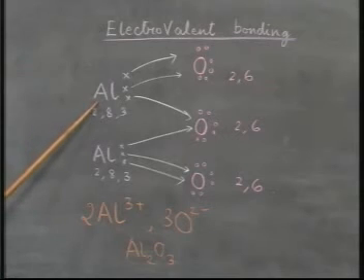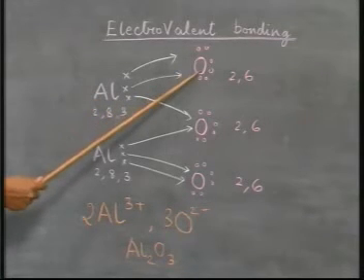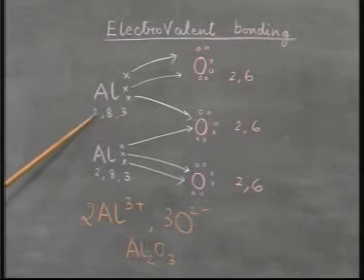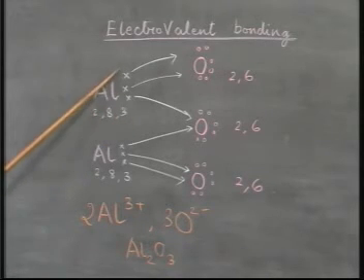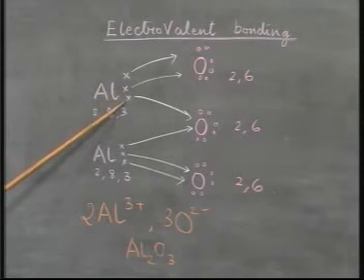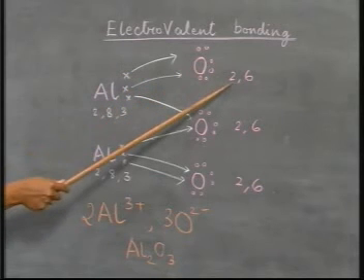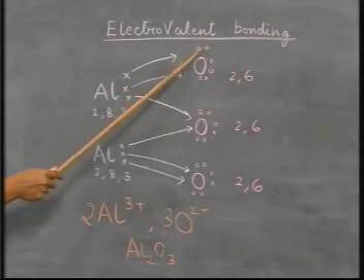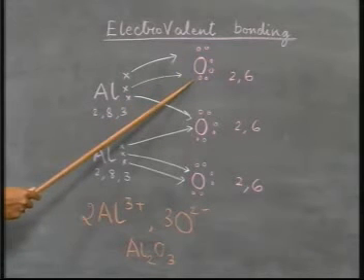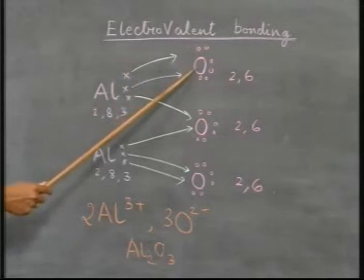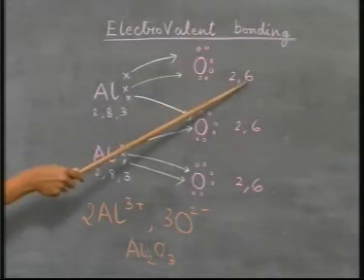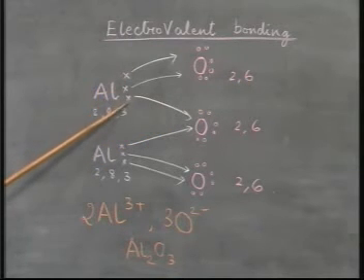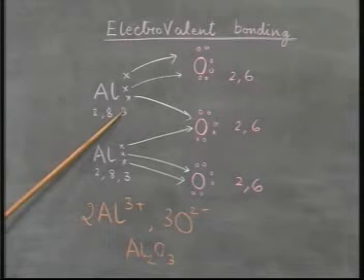Let us see how an aluminium atom would combine with an oxygen atom. Aluminium, having atomic number 13, has configuration 2, 8, 3 and therefore 3 electrons on the outermost shell. Oxygen, atomic number 8, has configuration 2, 6 and therefore 6 electrons on the outermost shell. Now, the oxygen atom is 2 short in order to complete an octet. Aluminium, on the other hand, wants to get rid of 3 electrons to complete its octet.